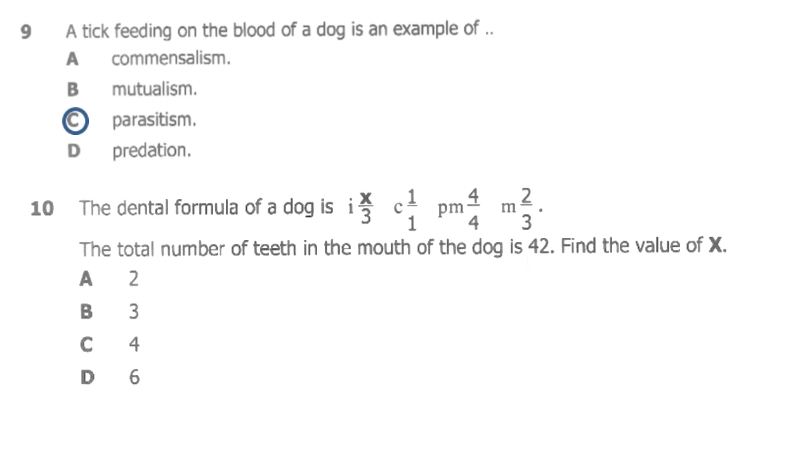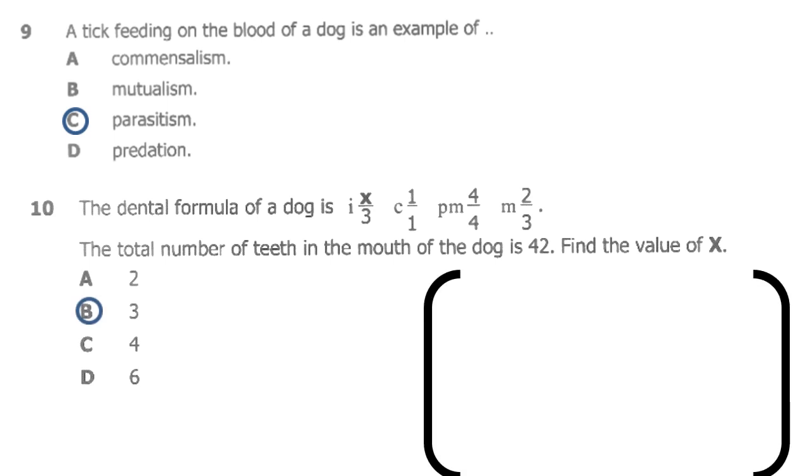So we want to find x on the incisors. As you can see on the incisors, there is x. So for this, our answer will be 3B. You can use this formula to find it: 42, which is the total number of teeth, is equal to 2 open brackets x. These are for the upper jaw. You have to add all the numbers on the upper jaw, which is x plus 1 plus 4 plus 2,